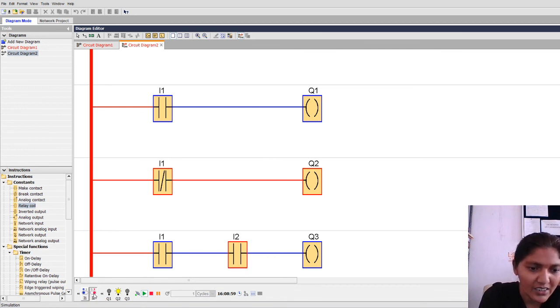Look here, I2 is energized by the power source, so it brings the red color. That means the normally open contact is energized. So this is a 0 and 1 state. For 0 and 1, 0 into 1 will be 0, so the output will be 0, and the related bulb is in an off state.